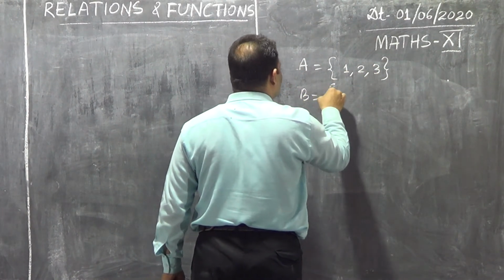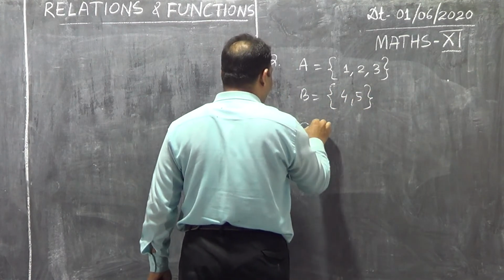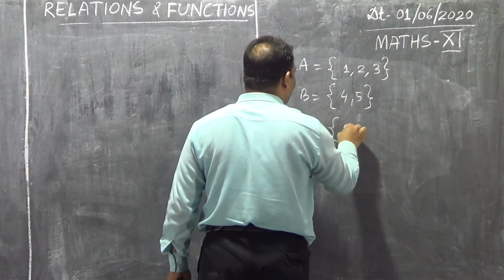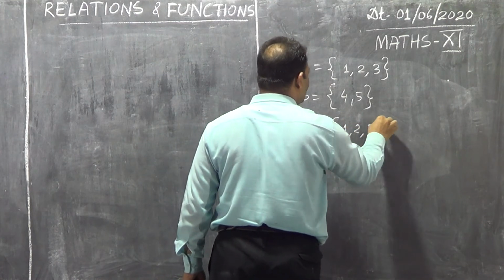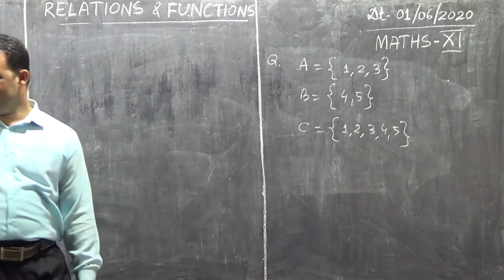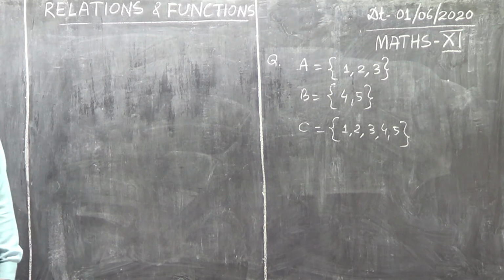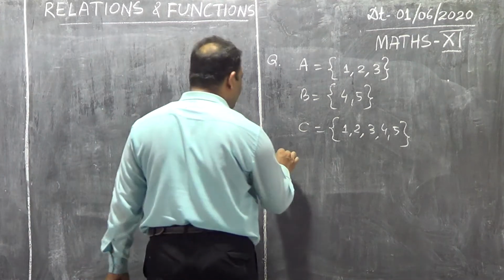Set B has 2 elements 4 and 5. And set C has elements 1, 2, 3, 4 and 5. It is given to us, and by using this we need to prove that